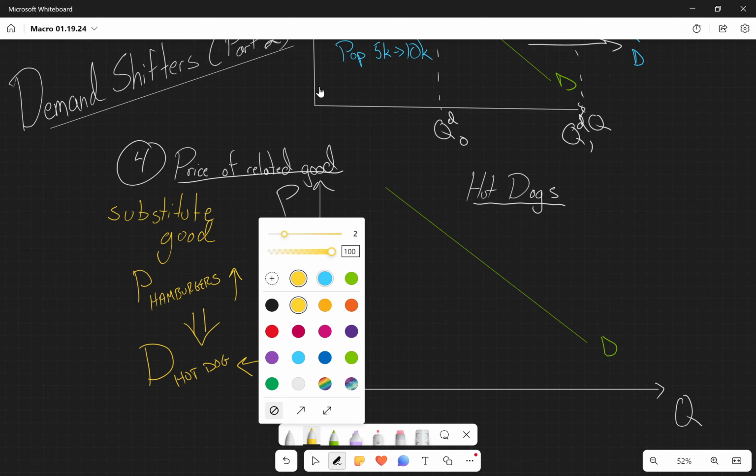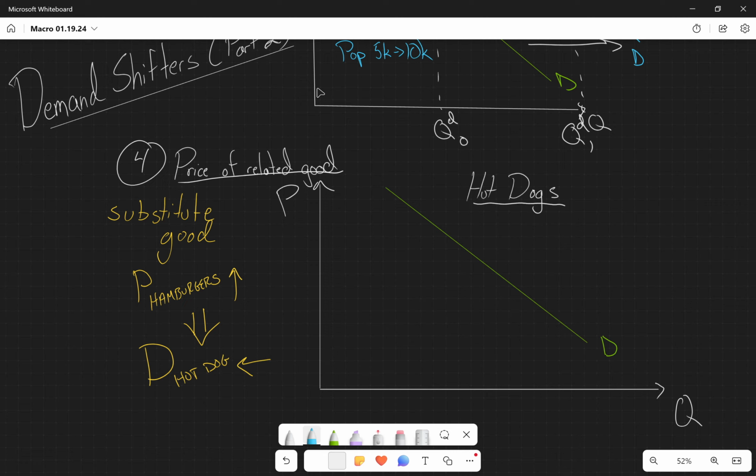So this is going to cause our demand curve to shift inwards. We end up with a D1. This is our D naught. And again, if we use that horizontal interpretation that we were using last time, if we have some sort of fixed price, we can tell that because of this demand shift,